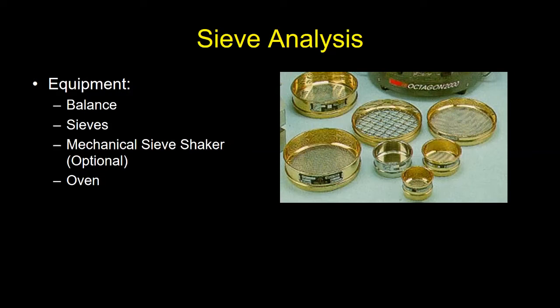But they have different openings. That one in the middle is probably an inch opening. That would probably let limestone through, or that specific limestone that we looked at. And then the other sieves have different size openings, and I'll show you that a little bit more. You have a mechanical sieve shaker because we don't want to sit there and shake it on our own. That'd be really hard. And then you have an oven because you have to dry out the material prior to